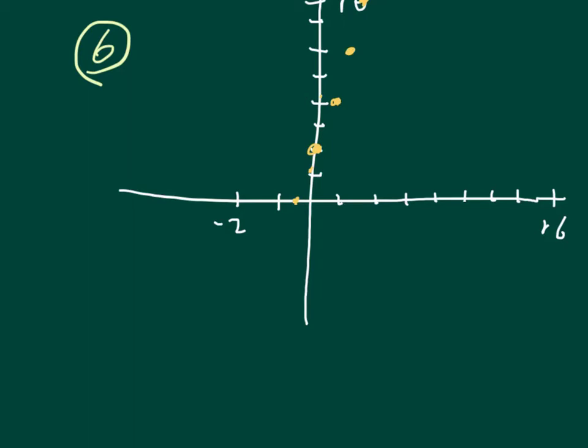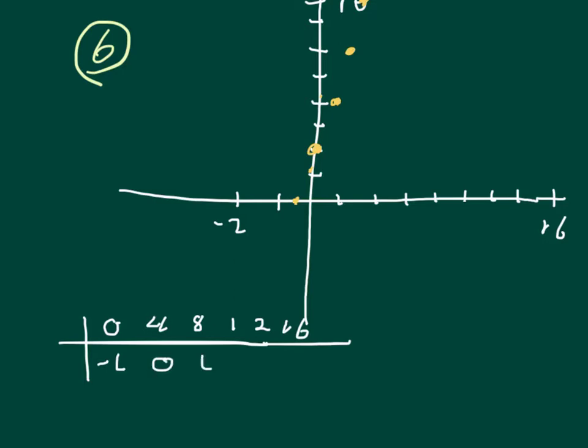Now, we're going to do the inverse of this. When you're creating the inverse of this, you have to interchange the x and y. So I am going to have 0, 4, 8, 12, 16, and I'm also going to have -1, 0, 1, 2, and 3. So now I'm just going to graph this, and let me just write inverse there so we all recognize that's the inverse. Now let's do this in a lighter yellow. So I'm going to be 0, negative 1. So let's go down to negative,